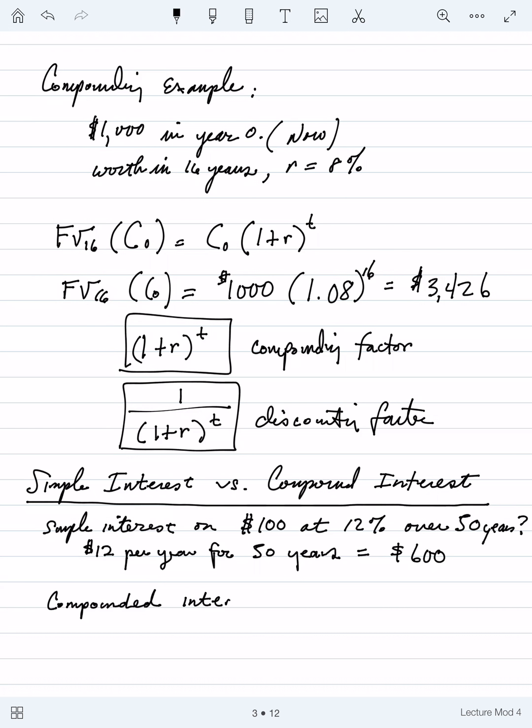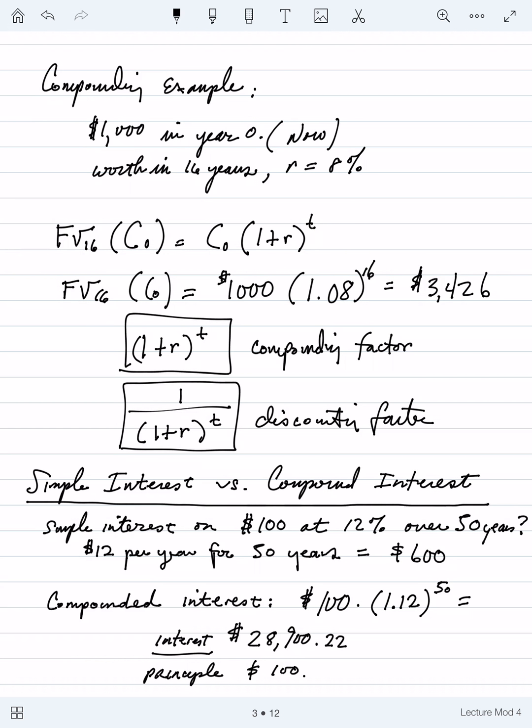So, compounded interest. Imagine $100 times the compounding rate running at 12%, so 1.12, and we raise that to the 50th power. Running that through a basic calculator, you see this is 28,922 cents. So this is the interest that you earned, and your original principal